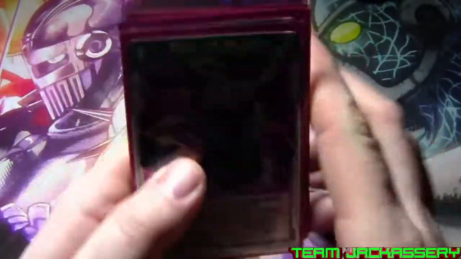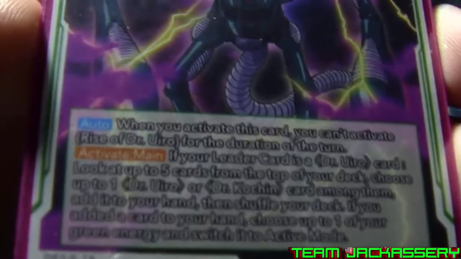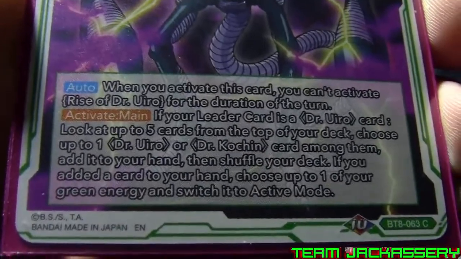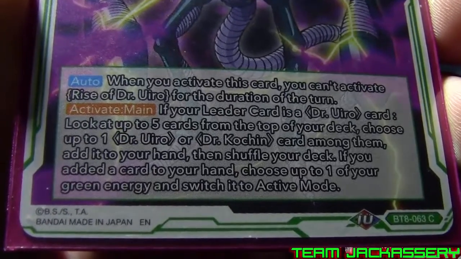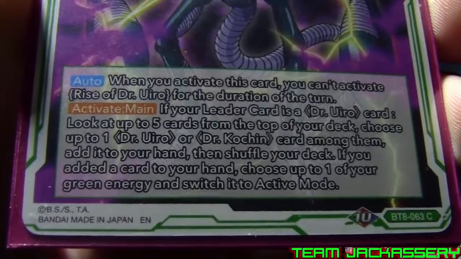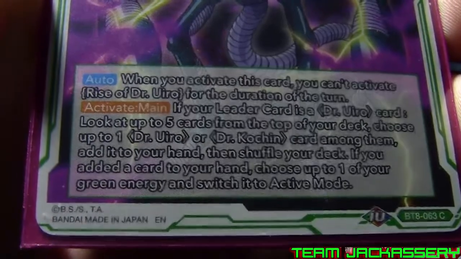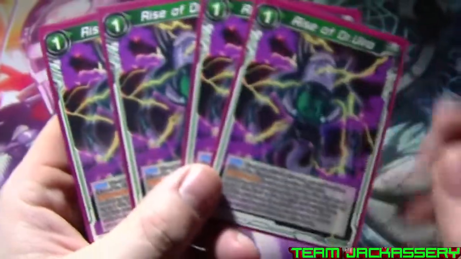Next we run 4 copies of Rise of Dr. Wheelo. It is a 1-drop extra card. You can only activate one of these copies of this card once per turn. Activate. If your leader card is a Dr. Wheelo card, look at the top 5 cards of your deck, choose one Dr. Wheelo or Cochin from among them, add it to your hand, shuffle your deck. If you added a card to your hand, choose one of your green energy, switch to active mode. So if you pay 1 green to unplay this,